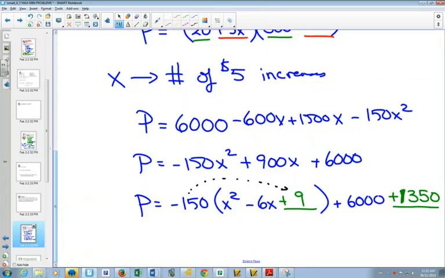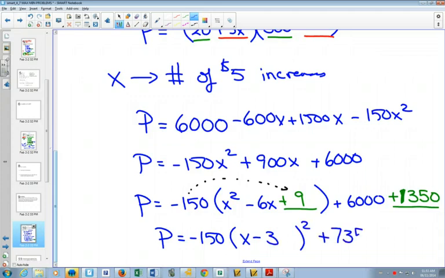So in order to make that go away, I'd have to add 1350. So by doing this, we're basically just trying to get rid of whatever's in the bracket there. Yes. And now when we write this, x minus 3 squared plus 7350,